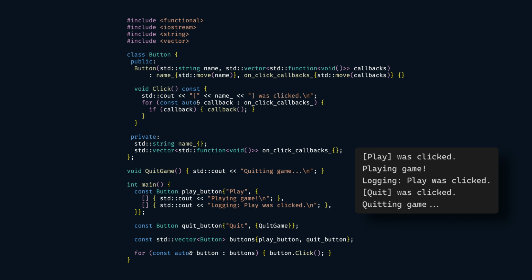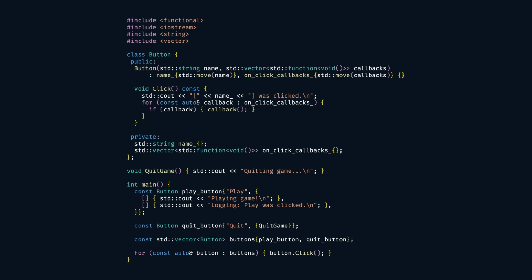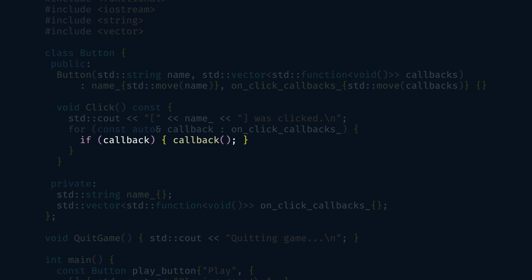Notice that std::function can also be empty. Just like pointers can be nullptr, a std::function can hold nothing. If we try to call an empty std::function, it throws a std::bad_function_call exception. That's why we check if (callback) before calling it, similar to how we check if a pointer is valid before